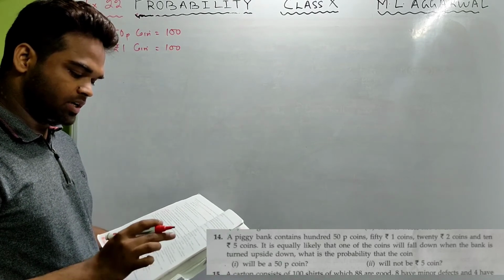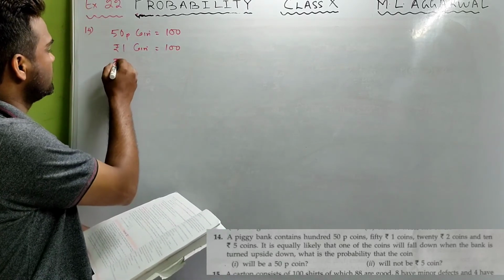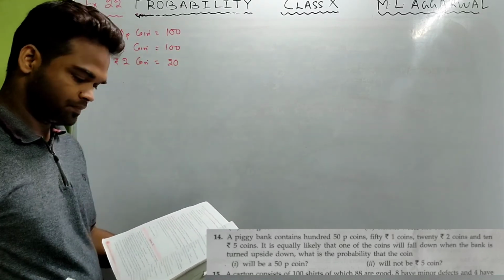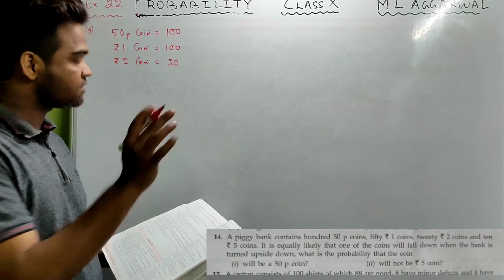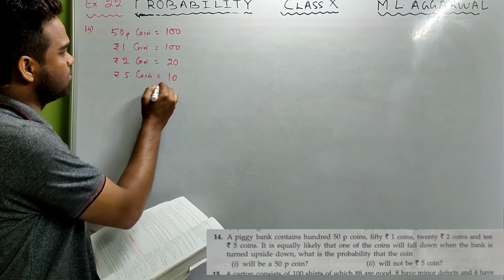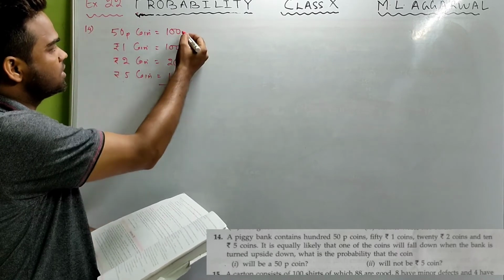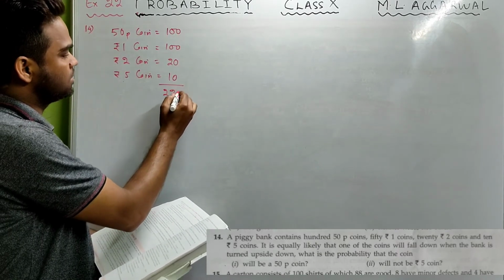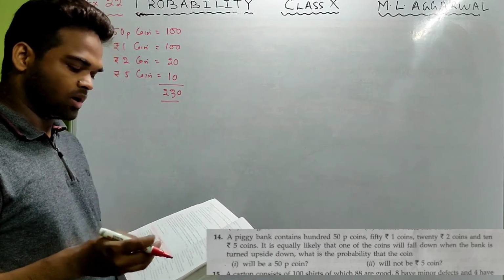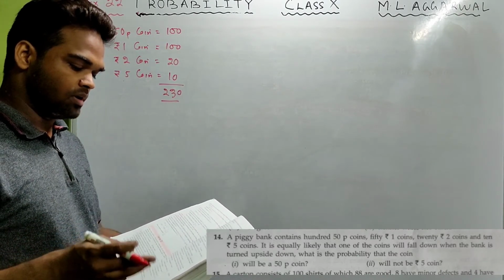Rupees 2 coin, how many? 20. And rupees 5 coin are 10 in numbers. So how many coins are there? There are 230 coins. It is equally likely that one of the coins will fall down when the bag is